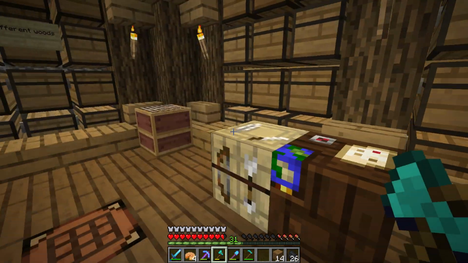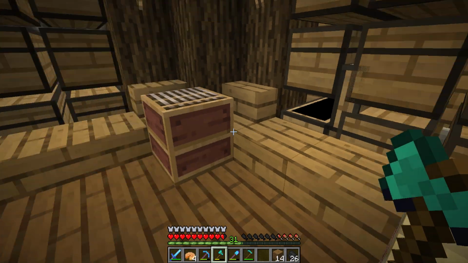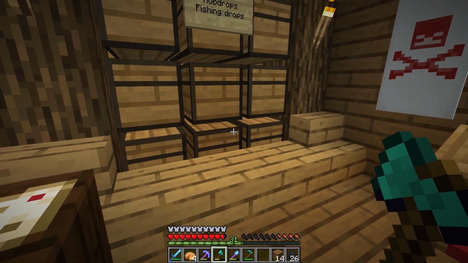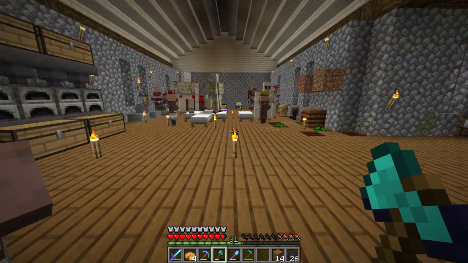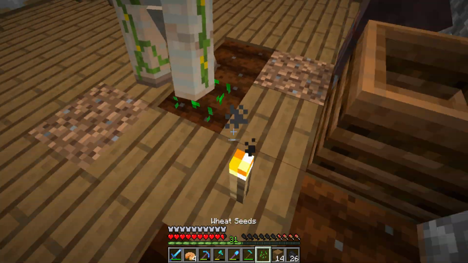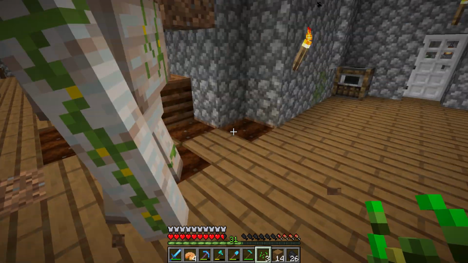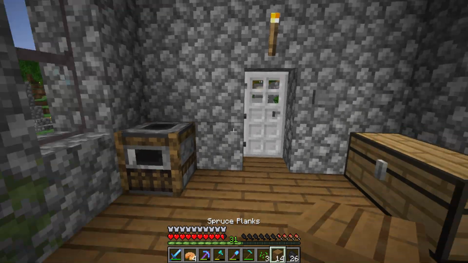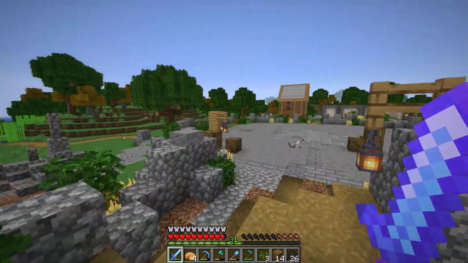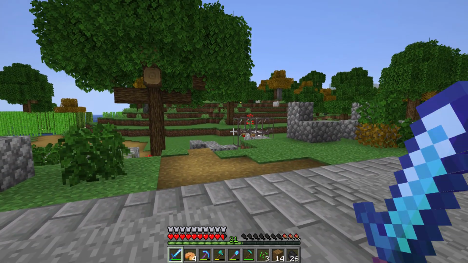Oh, yeah. This is a thing now. You can make a copy of a banner pattern, and you can use it whenever you want to. And that's really cool, because if I just sacrifice one wither skull, I will have a pattern forever. So that's really cool. Oh, you are planting these, are you? I don't want you to. I want you to plant potatoes or carrots, not wheat. Okay? Can you do that? But yeah, so we are... I think maybe...